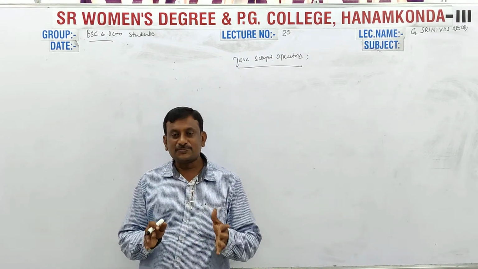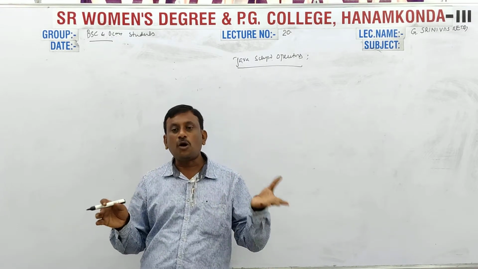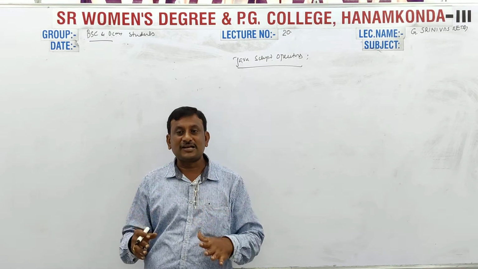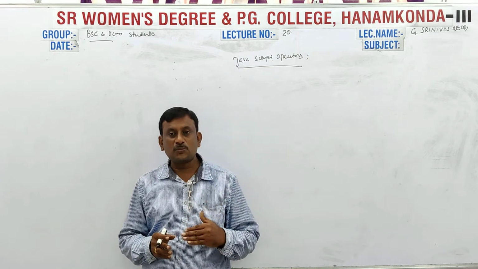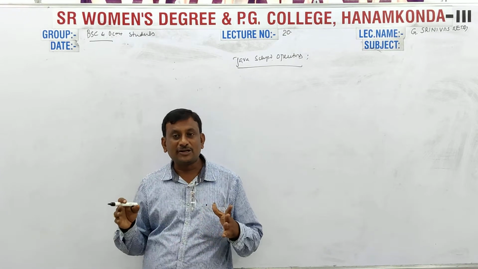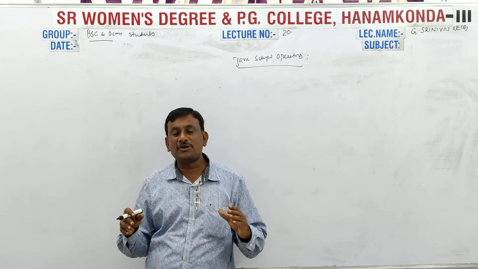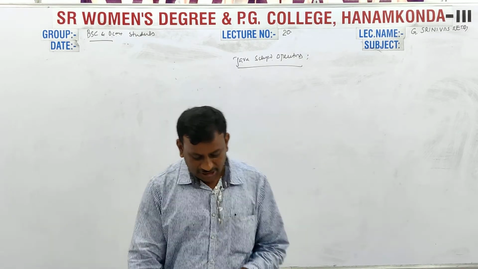An operator is a symbol that instructs the compiler to perform some action depending on the operands. The types of operators are arithmetic operators, relational operators, logical operators, assignment operators, ternary operators, increment and decrement operators, as well as bitwise operators. In the last class we discussed arithmetic and relational operators, which are completed. Now we will discuss logical operators.